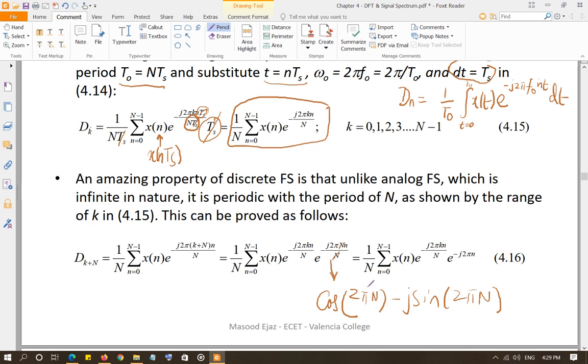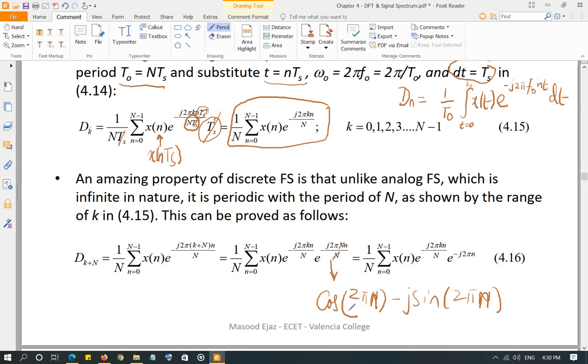That will be e to the power negative j2 pi, sorry, this is n, lowercase n, not uppercase N. Okay, now remember, n is the harmonic number, 1, 2, 3, 4. So for any value of n,